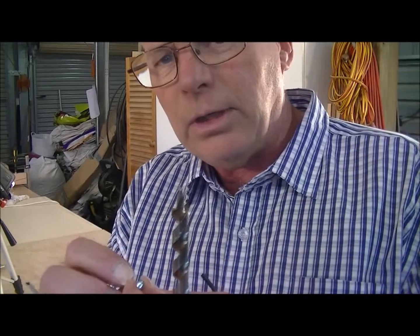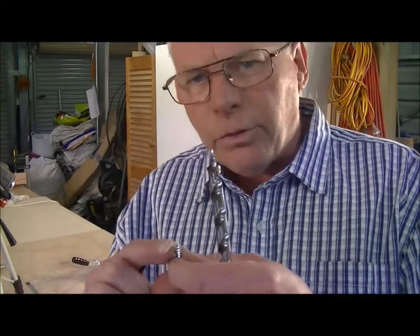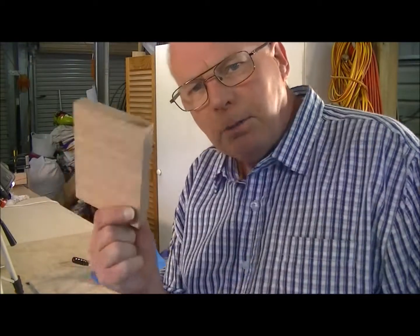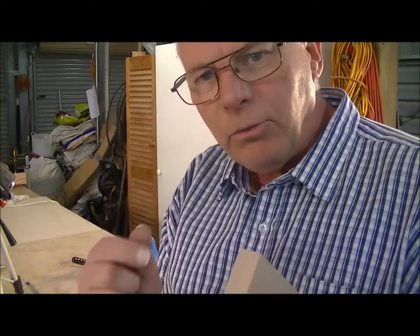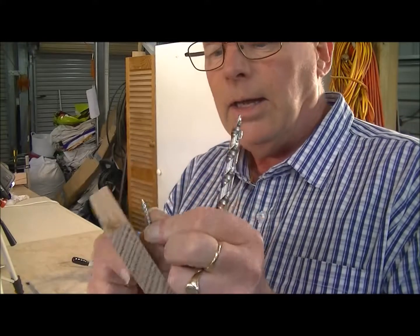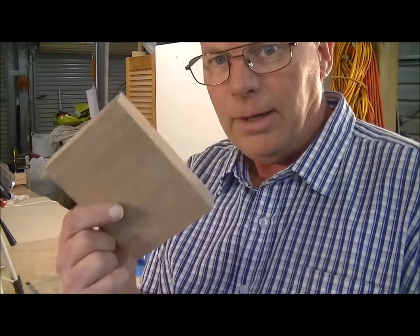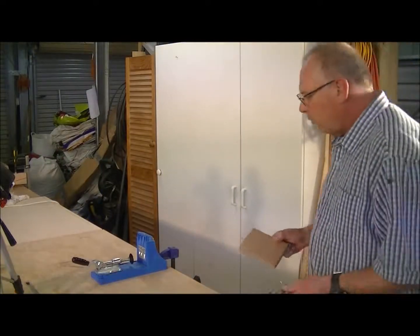So the threaded part here doesn't actually grip in the part that has the pocket hole. The threaded part grips into the material that you're actually connecting to. So there's a fairly free movement for the screw in this part, so it just clamps it to the piece that you're actually screwing to. So just simply,